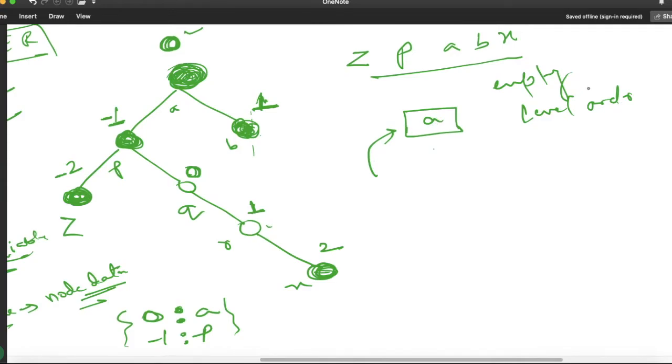Now our main task is to empty this queue. So you can see here, is this queue empty? No, this queue is not empty. So let us pop this element. So whenever we are going to pop this element A, so what we will do? So whenever this node is popped out, our task is to check whether the left child or the right child are present or not for this node. So you can see here, for this node, left and right both are present. So what we will do? We will insert both P and Q. P and not Q but B. Left child and right child.